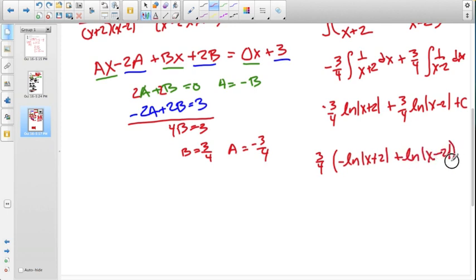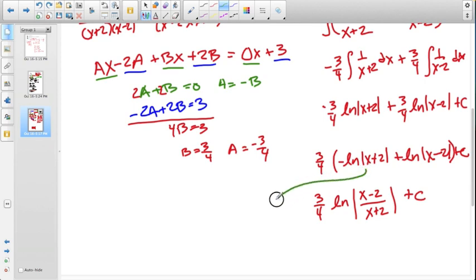I just want to make a point here that in looking at this expression, this is the negative expression, this is the positive expression. Our law of logs says we can make a ratio when we have opposites. Okay, and that law of logs says the positive one goes on top and the negative one goes on the bottom. And if you remember the reason why that's the case, and now I'm getting more into logarithms instead of calculus, but if we remember minus ln x plus 2, oops, that's an absolute value, my bad,